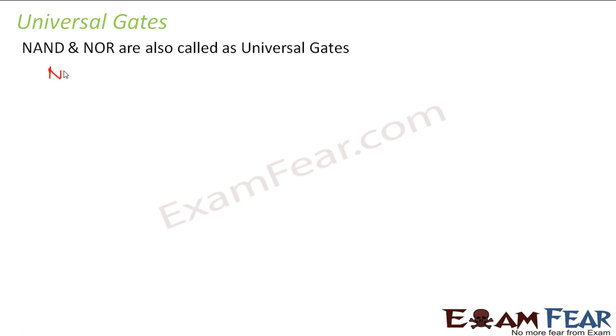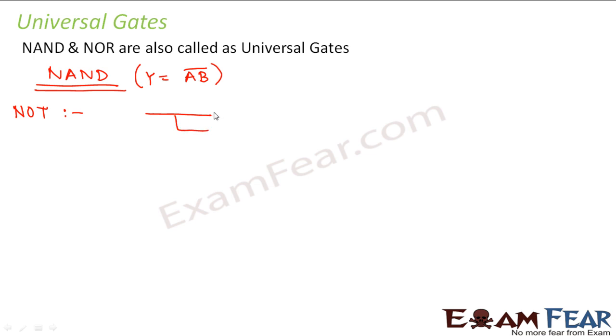So let us first look at how NAND gates act as universal gates. The NAND gate is Y is equal to (AB) bar, right? First we will see how a NAND gate can act as a NOT gate. Now, if you club the 2 inputs of the NAND gate into one, what would you get? If you give only one input to the NAND gate, what would be the output? The output would be nothing but Y is equal to A bar, right? So that means the NAND gate can be used as a NOT gate.